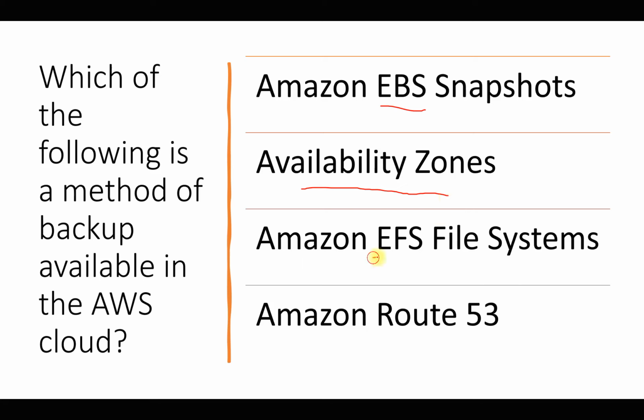Next we are having Amazon EFS file system that provides a file-based storage service which we can access through the NFS protocol. As far as I know, we can use it as a storage service but not as a backup service. So it's not correct. Amazon Route 53 is a DNS service in AWS. So here we are not talking about the mapping of name to IP address or IP address to name, so we can't use it. So this is also wrong. Availability zone, yes, it is used for high availability and fault tolerance, but not as a backup service. But Amazon EBS snapshot, we can use it as a backup service because it provides a virtual hard disk in the cloud. So our choice for this question will be Amazon EBS snapshot.